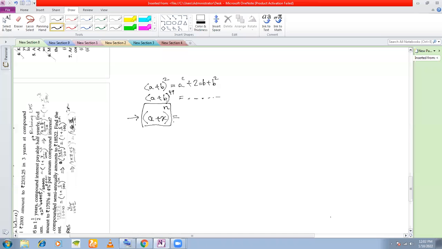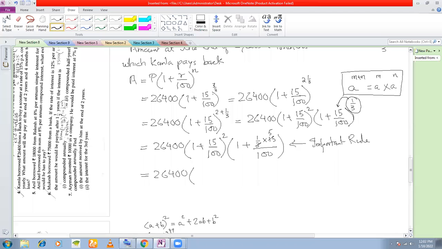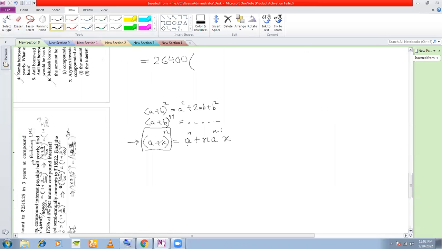Now what is the rule? I will not state the rule right now, but when you are expanding, the first two terms are a to the power of n plus n into a to the power of n minus 1 into x. If you multiply 7 by 3 with 15 here, you are taking only these two terms and ignoring the others. Then you will get an answer that is not accurate, less than the actual answer. That is why you cannot multiply in that step.